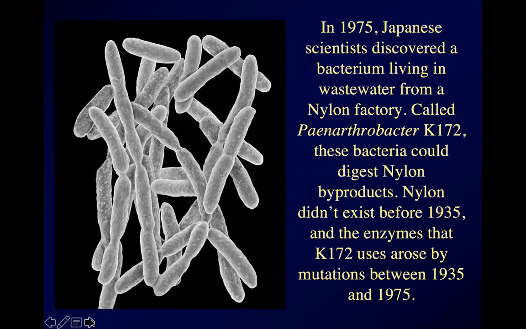Before nylon was invented, those particular chemicals didn't exist on Earth, as far as we know. Somewhere between 1935 and 1975, a strain of bacteria just happened to undergo mutations that altered their enzymes in such a way that they were able to break down nylon waste products, which they were not able to do before. So hint, hint, we're back in natural selection territory, and we've finally got an answer to Darwin's dilemma of where